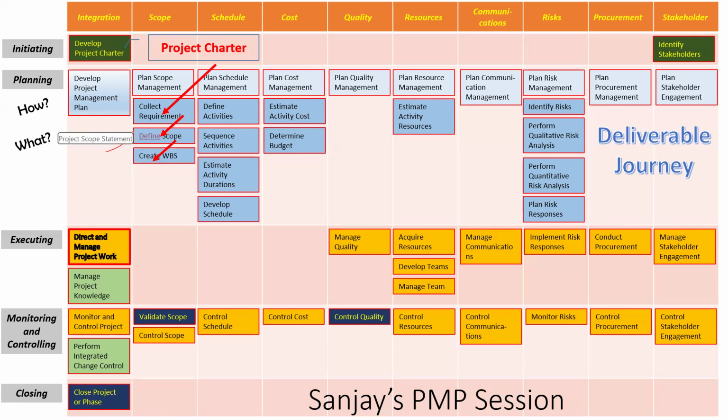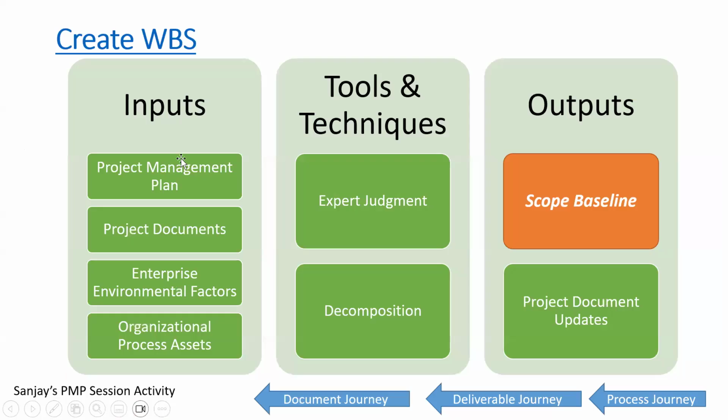So project scope statement. As I was saying, when I gave you the overall journey, I said that you can't go ahead and make 10 copies of the scope and give it to all team members and say, just start working. You need to break it into smaller pieces so that people are able to work on that. And doing so is called Create WBS. If you look at WBS, you'll find an output called scope baseline coming up there.